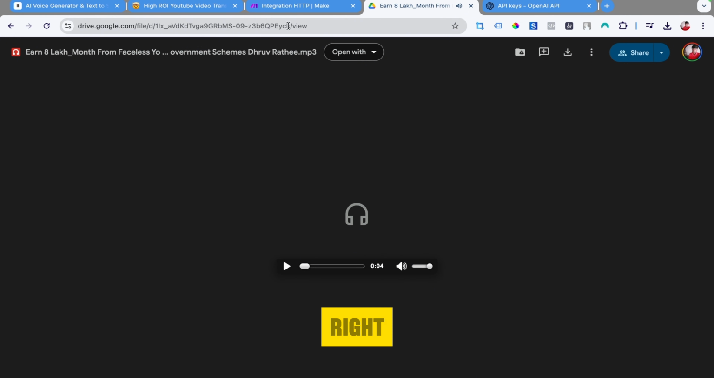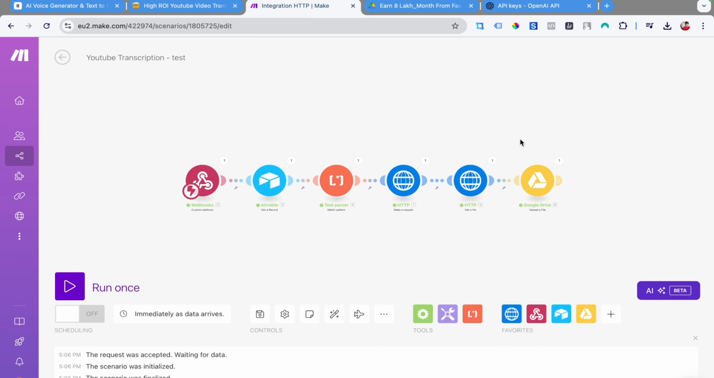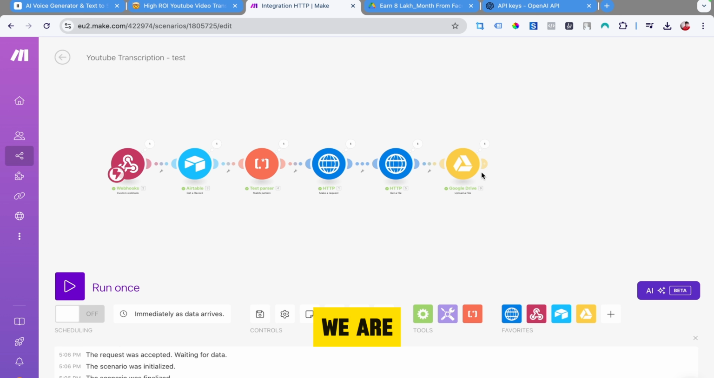Yes, it is working, right? So the file type is valid. Now we are almost done with 50% of this system. This is the first part of that. Now the second part is to get the